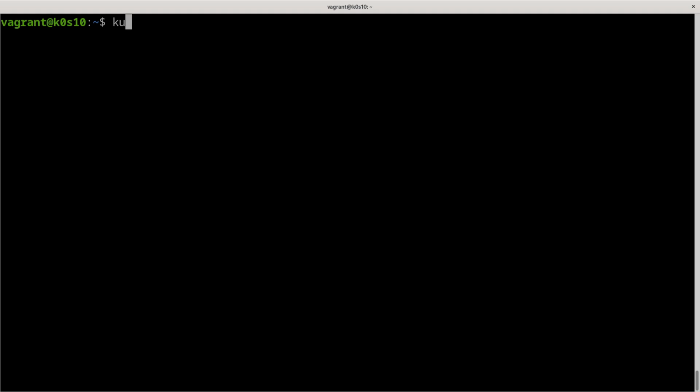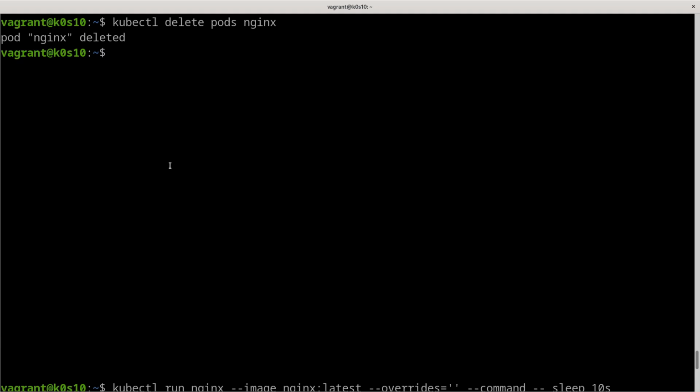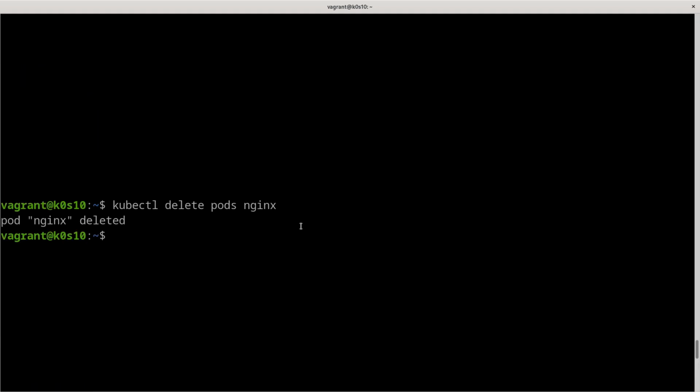So kubectl delete pods named nginx, okay. After that, we want to run this command again, with the image, and add --overrides and equal. Now we can override a specific parameter like we saw in the YAML output.